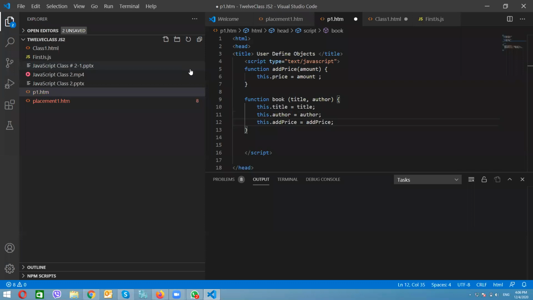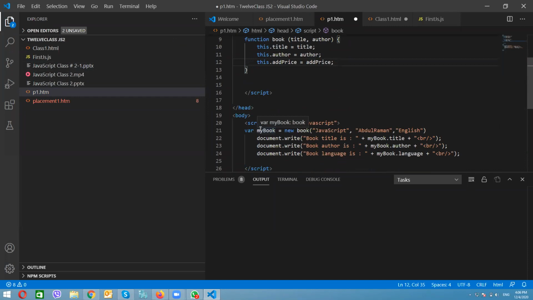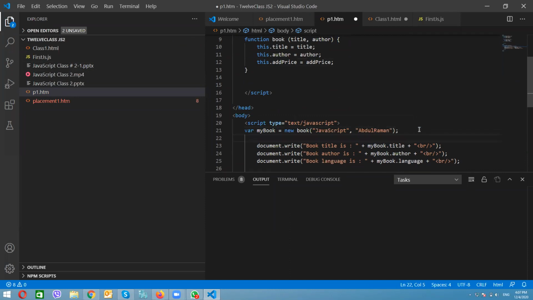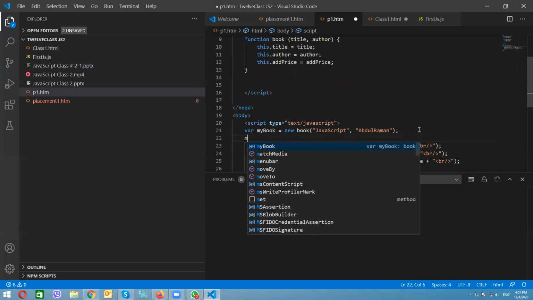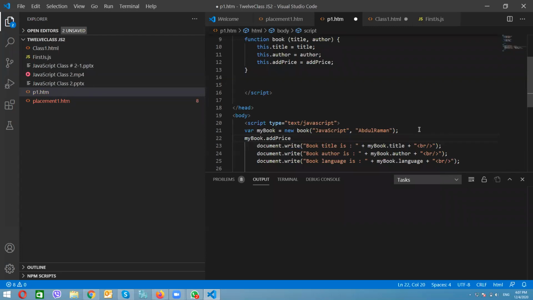Now let's see how it performs. Again, this myBook I keep like that. newBook, I will say JavaScript, Abdul Rahman. Over here I will remove the third part. At the same time, I will add a semicolon, and myBook dot addPrice, and the price of my book is 2500.